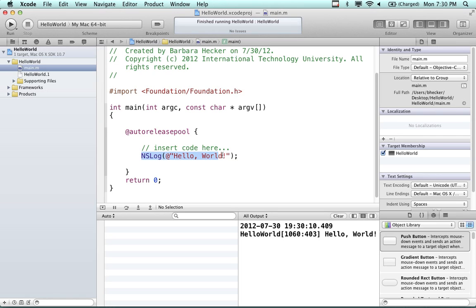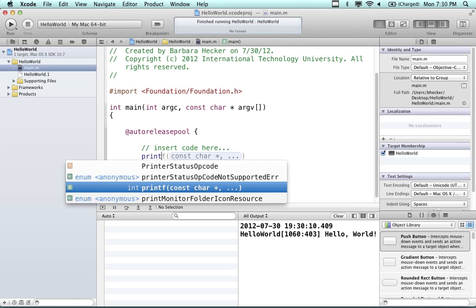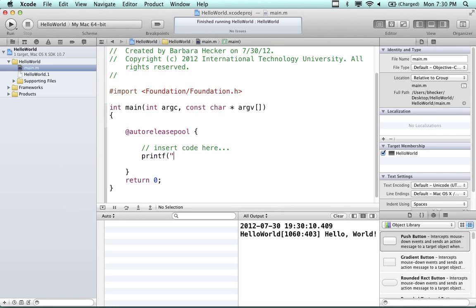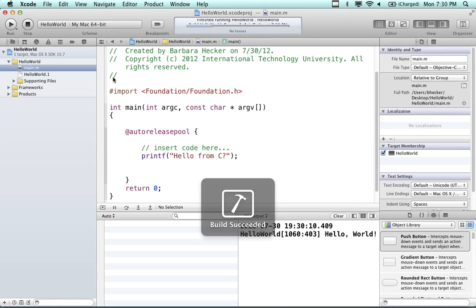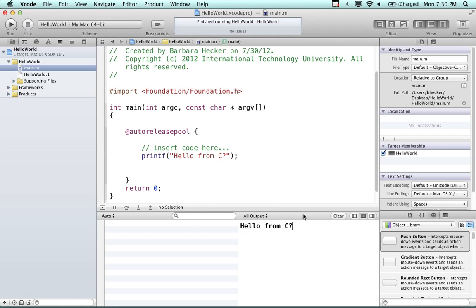So if I did this here, I can go printf. This is to show you how similar C is to Objective-C. "Hello from C" with a question mark. I've accomplished the same task, actually. If I run it, I get "Hello from C." No, this is Objective-C, it's not C. That's why I put the question mark there. And as we saw earlier in today's class, excuse me, from the Objective-C class,